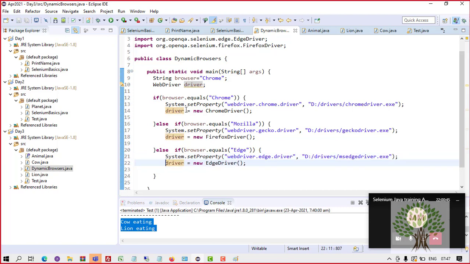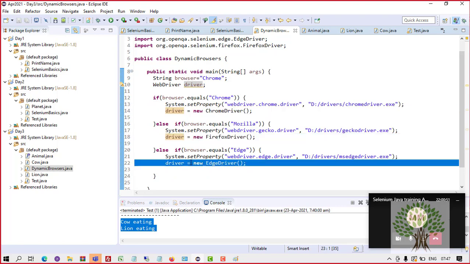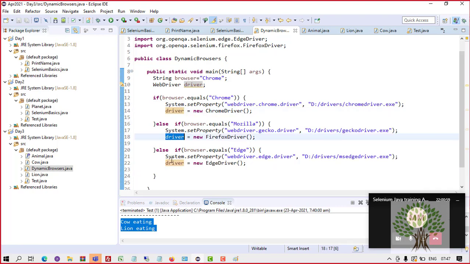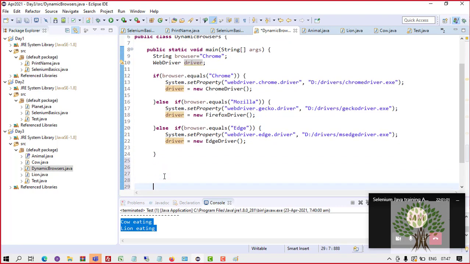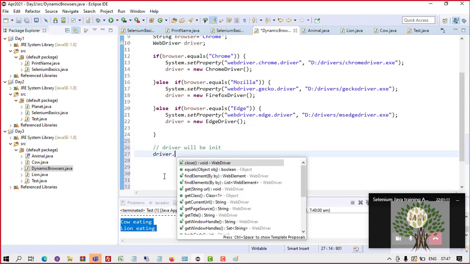So this driver can point towards Chrome driver or Firefox driver or the Edge driver. Fine. So whatever functions are there are now common for these drivers. So once the driver is initialized and you are out of these if else blocks, now over here driver will be initialized, and you can call the functions, say driver.get